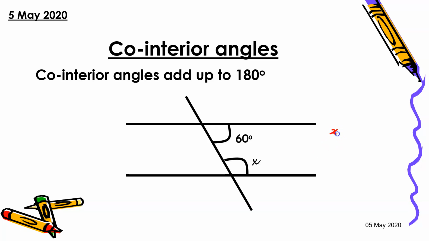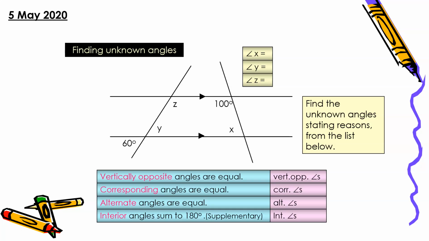We know that x must be equal to 180 take away 60, which equals 120, and that's co-interior angles on parallel lines. And that's because it makes that U or C shape. So there are obviously the simple cases. They start to get a little bit more complicated using the rules. So if we start off